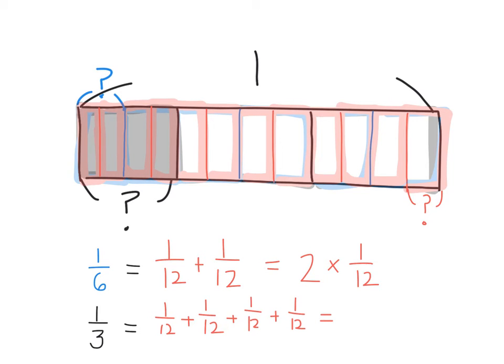Since it's repeated addition, I could also write that as multiplication. How could I express that addition sentence as multiplication? You can do 4 times 1/12. 4 times 1/12. Very good. So again, we've now decomposed 2 fractions, 6ths and thirds, into a sum of smaller unit fractions, in this case,